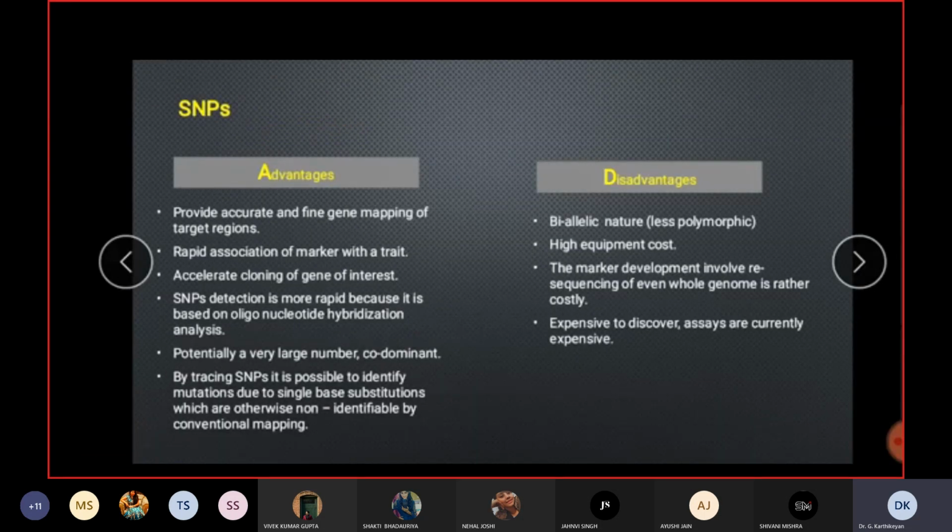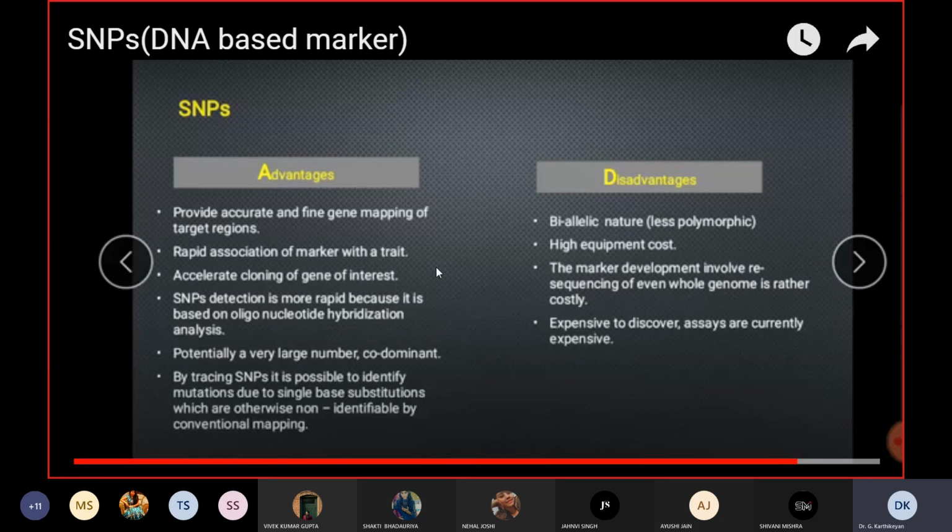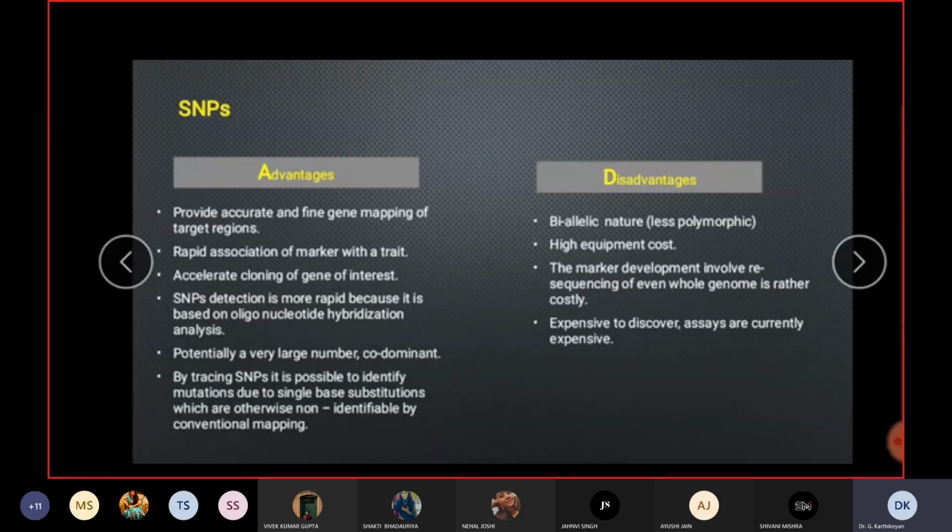Advantages and disadvantages. Advantages of SNPs are that they provide accurate and fine gene mapping of target regions, rapid association of markers with a trait, and accelerate cloning of the gene of interest. SNP detection is more rapid because it is based on oligonucleotide hybridization analysis, potentially a very large number, and co-dominant in nature. By tracing SNPs, it is possible to identify mutations due to single base substitutions which are otherwise non-identifiable by conventional mapping. Disadvantages: these are biallelic in nature, less polymorphic, high equipment costs,